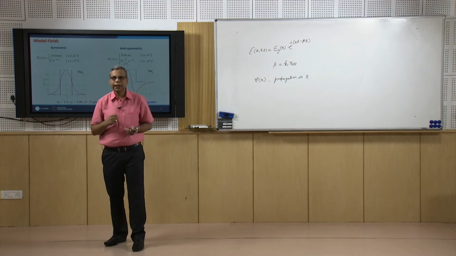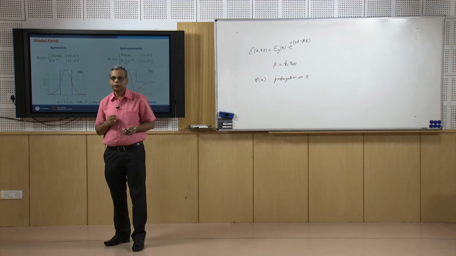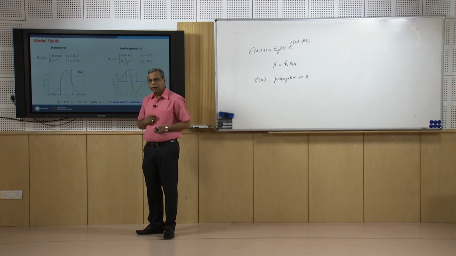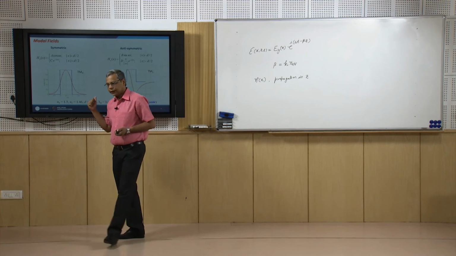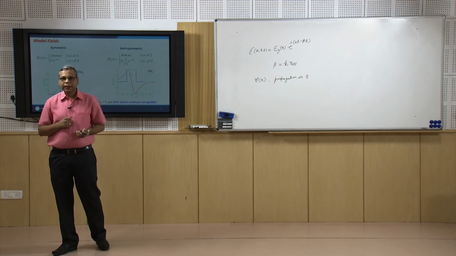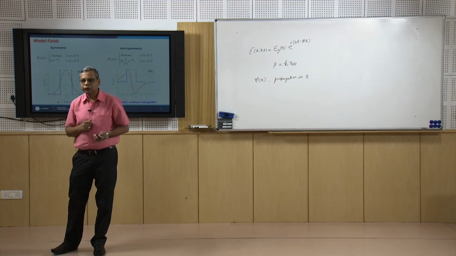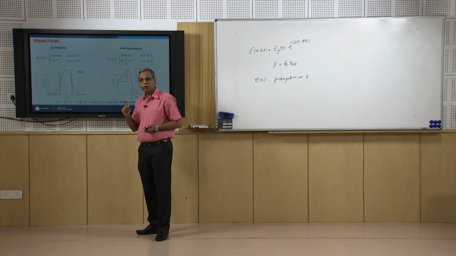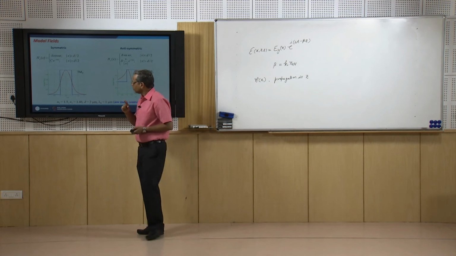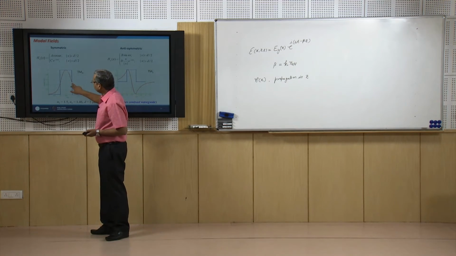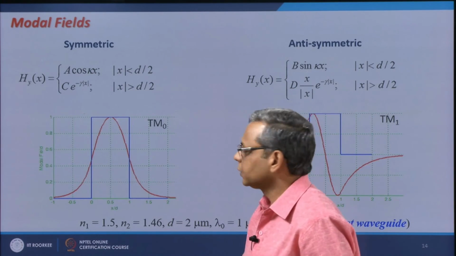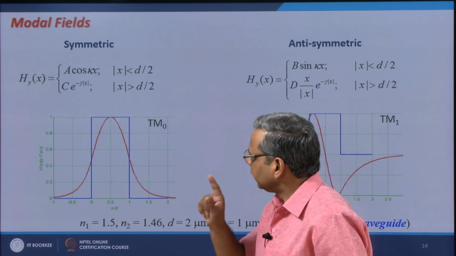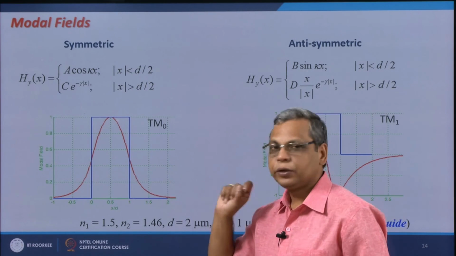So, the field as well as its slope was continuous at the boundaries x equal to plus minus d by 2. But you remember that in TM polarization, Hy and 1 over n squared dHy over dx are continuous at the boundaries. So, the slope is not continuous, although here I see that the slope is also continuous at the boundary,